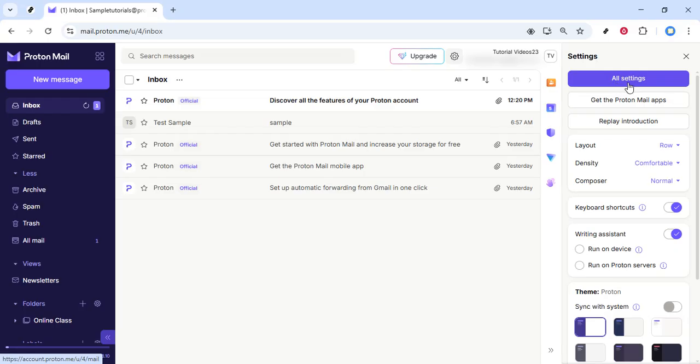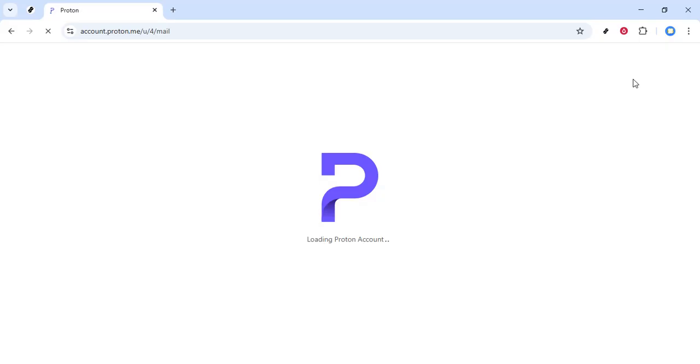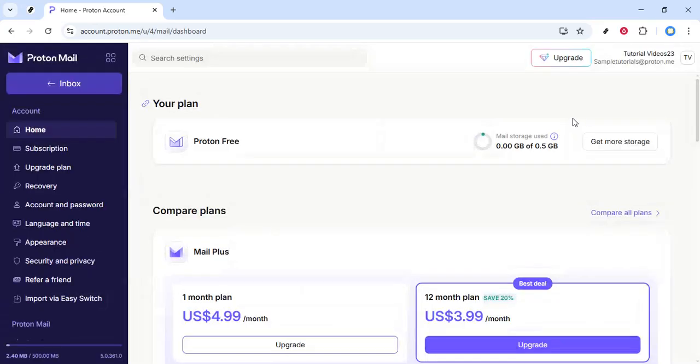Inside that panel, find and click the option labeled All Settings. This will take you to the complete settings dashboard for your Protonmail account. It may take a second to load, especially if your connection is a bit slow, so just wait until everything appears before continuing. Once it's loaded, you'll notice several sections and categories along the side or top, depending on your